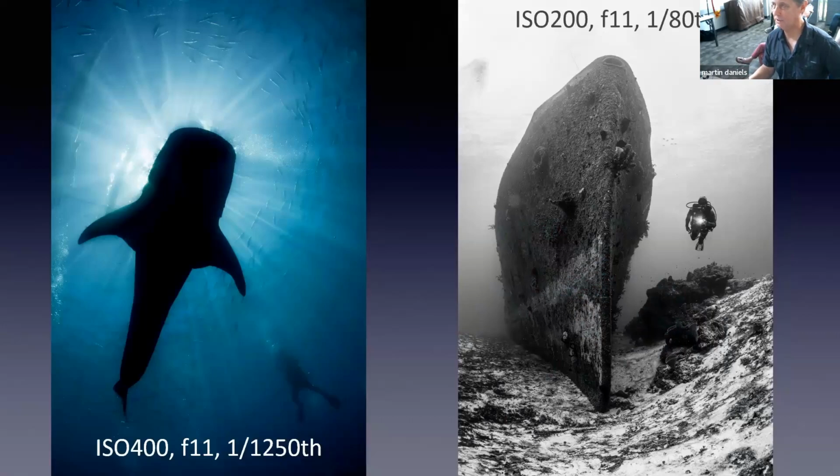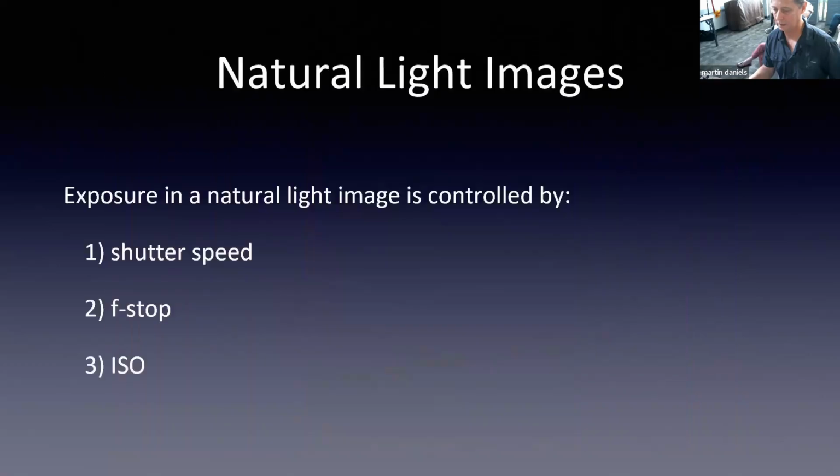So sunbeams, if you see sunbeams, if it's a calm day and the surface is very calm, that's when you can get your sunbeams in the water. And you want to shoot at a minimum of 1/125th of a second shutter speed to try to freeze those sunbeams. So natural light images are controlled by your shutter speed, your f-stop, and your ISO. Okay, so